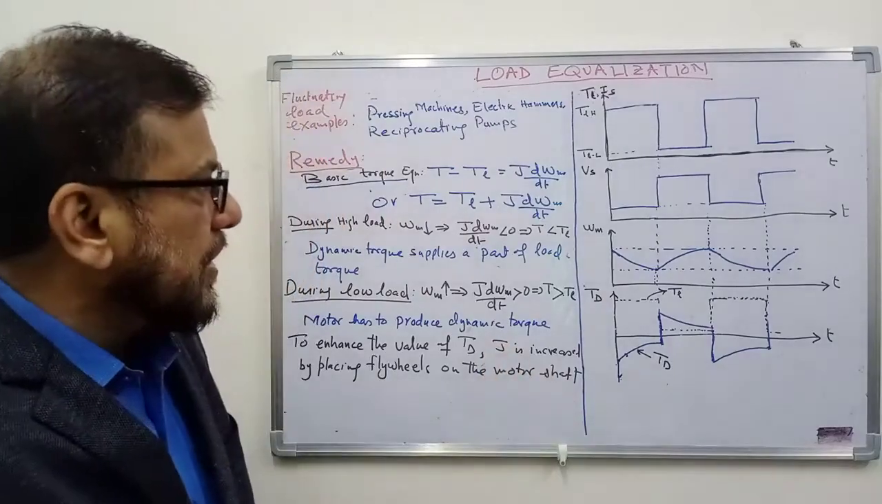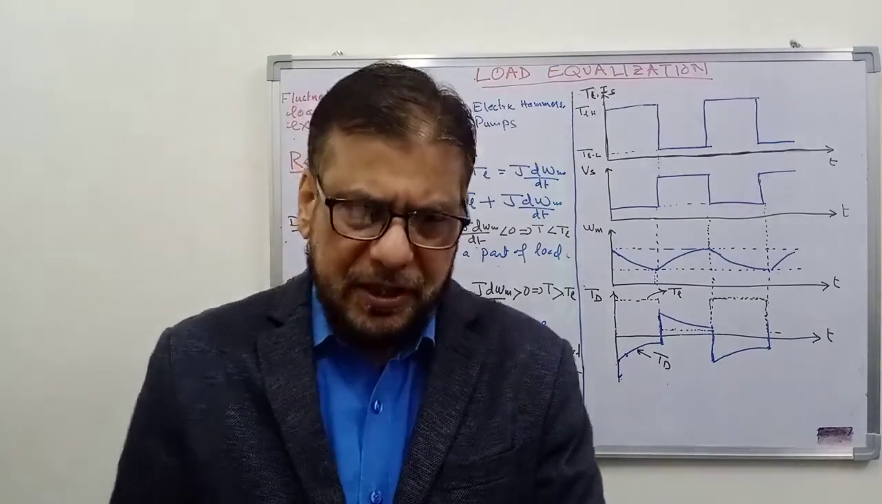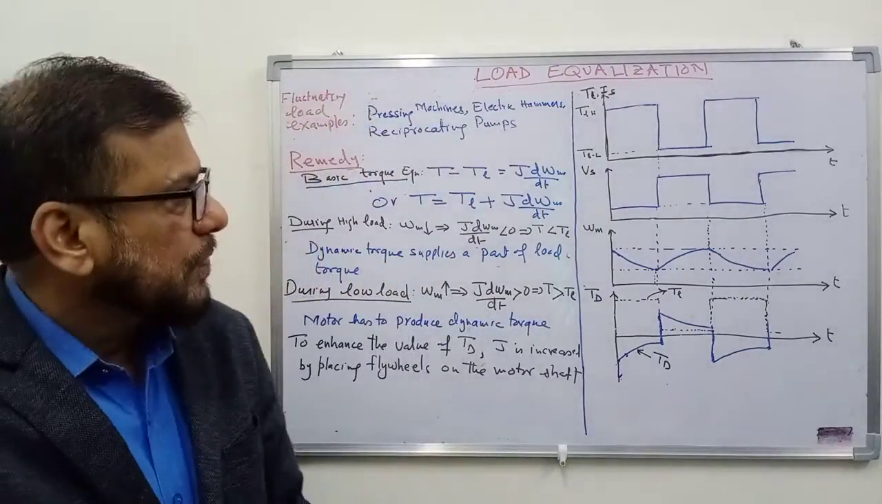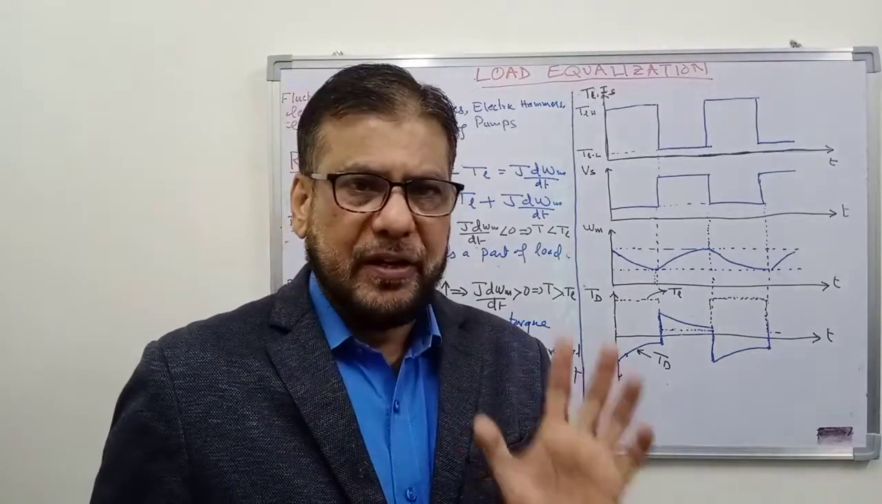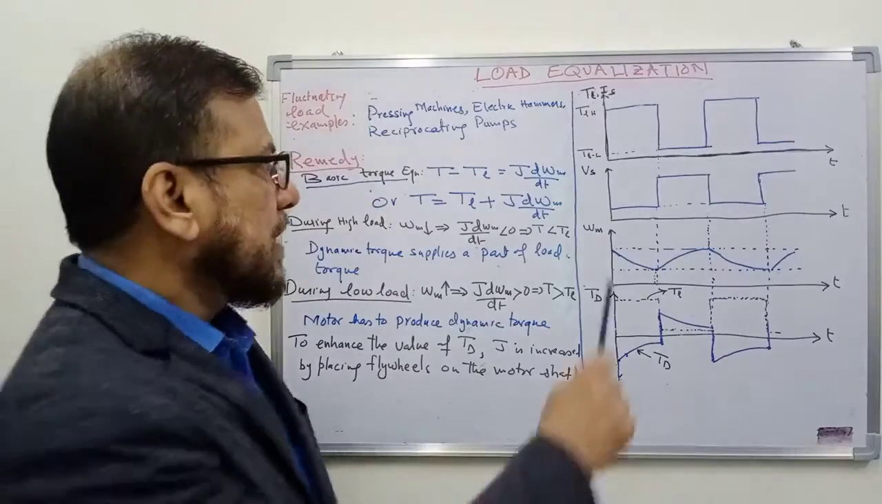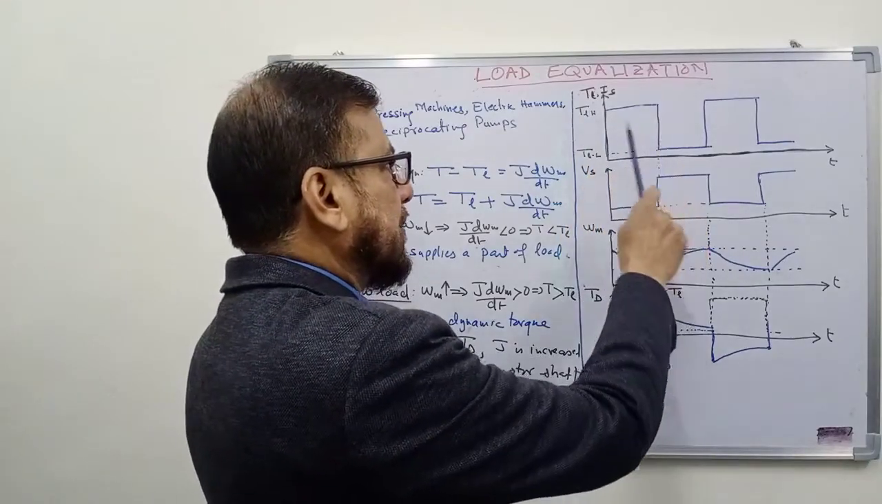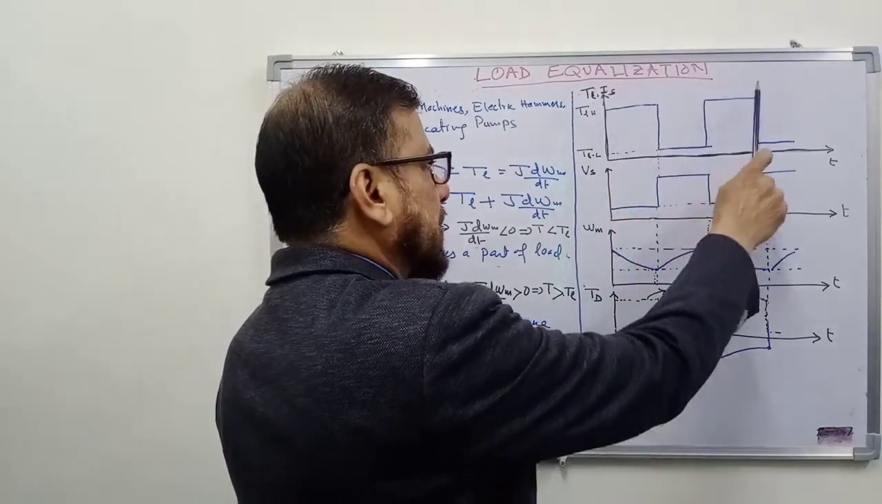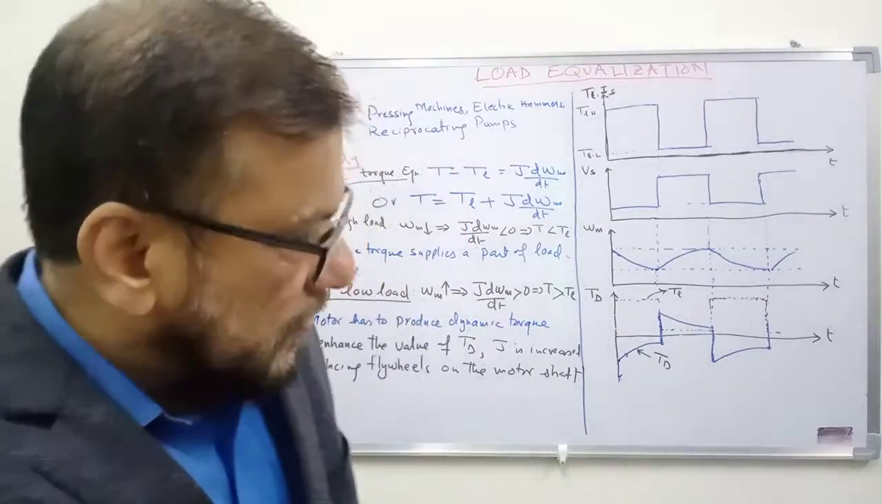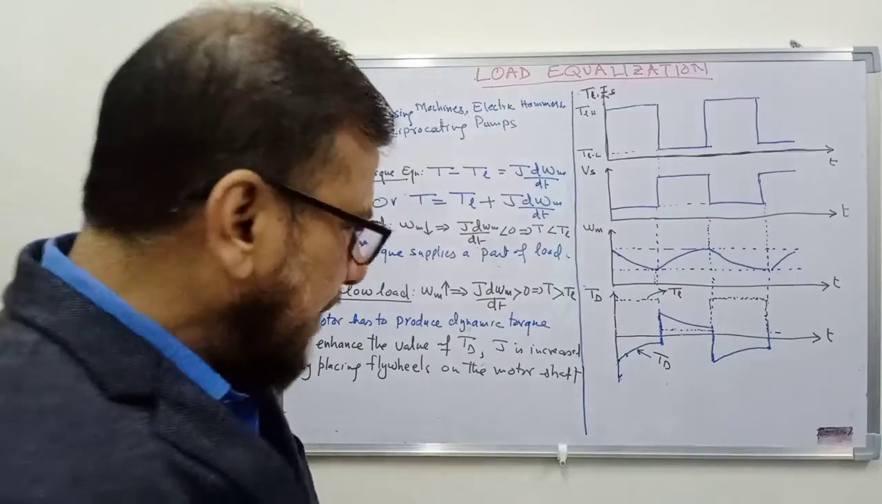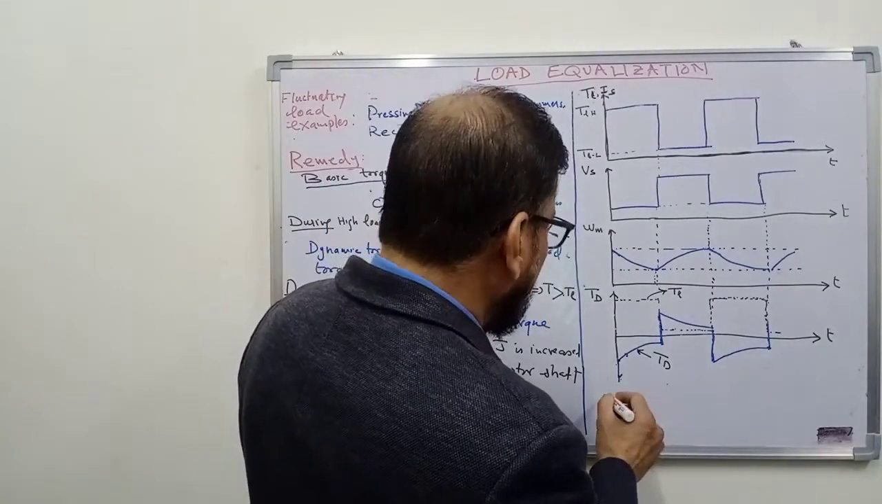Suppose we are using a DC motor to supply the load. So you know that in a DC motor the torque is proportional to current, armature current. So the current will also fluctuate in the same way. Source current will also be fluctuating in the same way. And if the source current is like this,